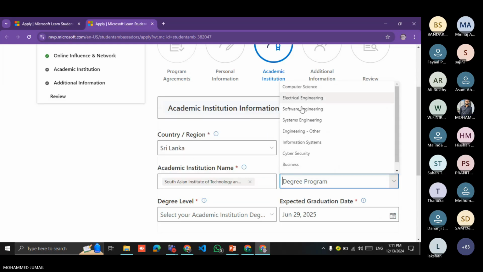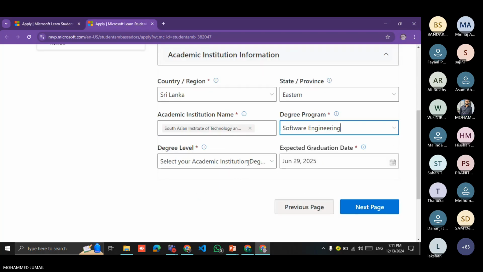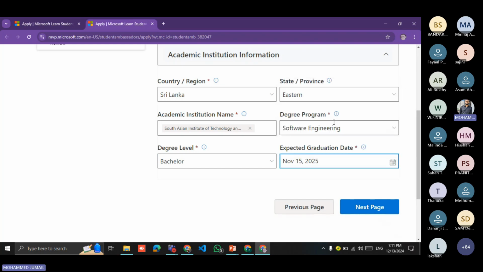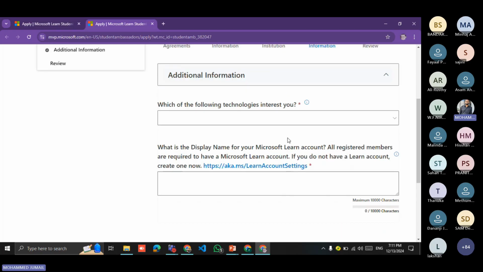Select your program, your degree program, your field, and your level, Master, Bachelor, or PhD, and enter the graduation. Okay. Once you fill the form, go to the next page.